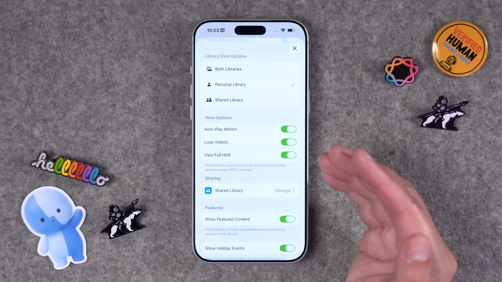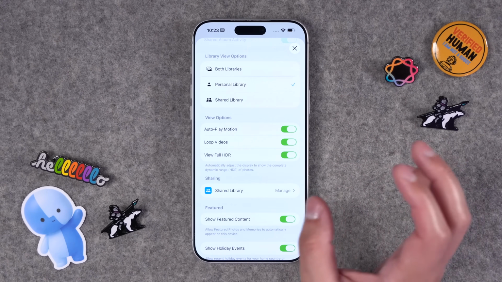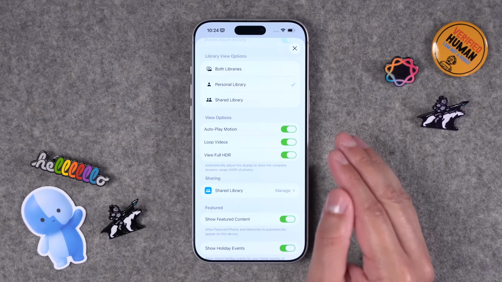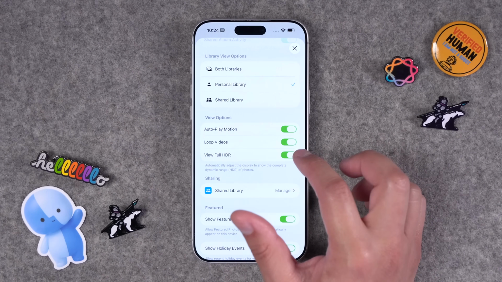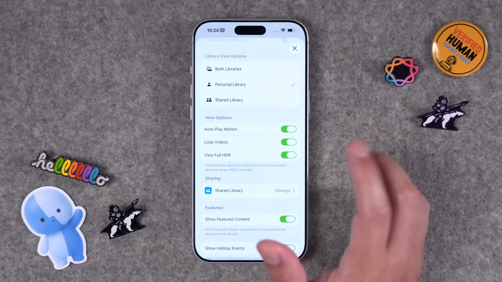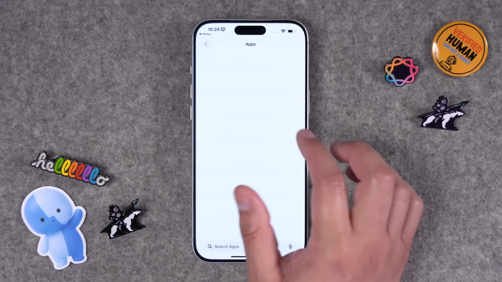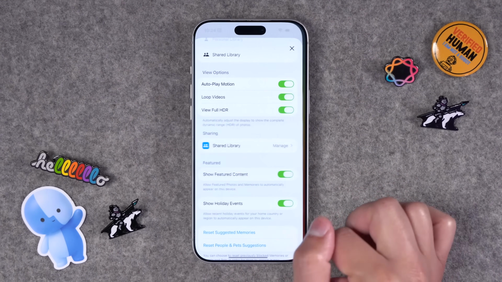And if you don't want things like videos playing or live photos automatically having motion, you can disable that here. So you can browse your photos and not see motion in like those grid views or the memories. You can also choose to loop videos, I have that on, and whether or not you want to view the full HDR by default. You can also manage your shared albums and it'll jump you over to the settings app